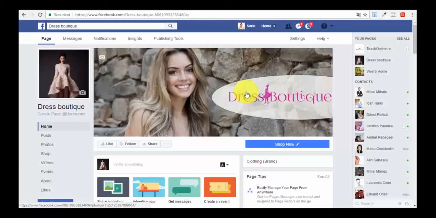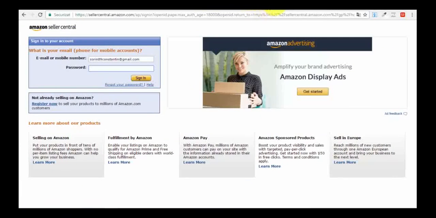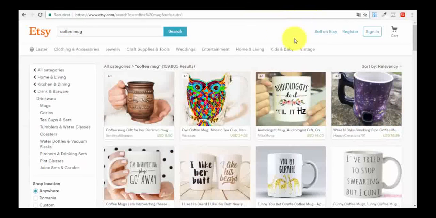There are different ways of approaching this as a business, but my recommendation, especially in the beginning: go on Amazon, go on eBay, go on Etsy, create those accounts, publish your products there, and you'll see that sales will come in if you choose the right price and you create a beautiful design and a beautiful listing.